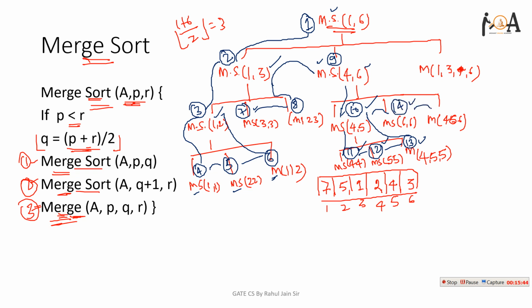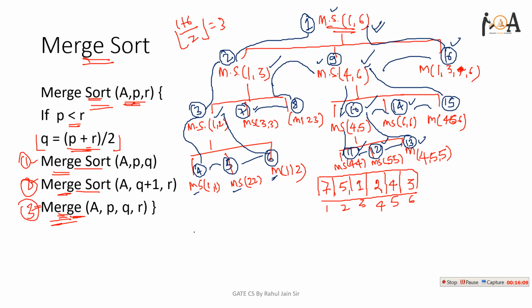This will be executed. After that, we have to merge them all, so the 15th time this function will be called. After that, again I will reach this function, and it will be executed. And then the 16th time this function will be called. If this is executed, it will reach here and our task will be completed. So a total of 16 functions will be called in order to sort them.